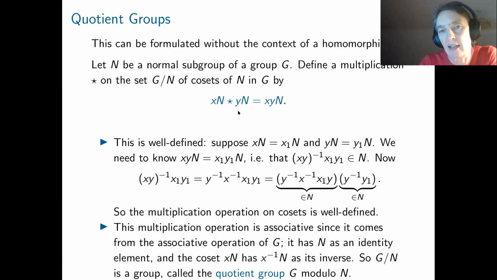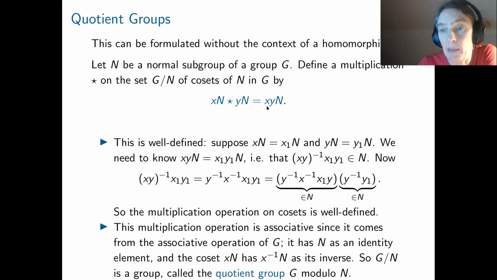Write the second one as yn, so you're choosing a representative y of that. We're writing them as left cosets. It doesn't matter if we write them as left or right cosets because we're in a situation with a normal subgroup, so the left and right cosets coincide. We define what we mean by the product of the coset xN and the coset yN to be the coset